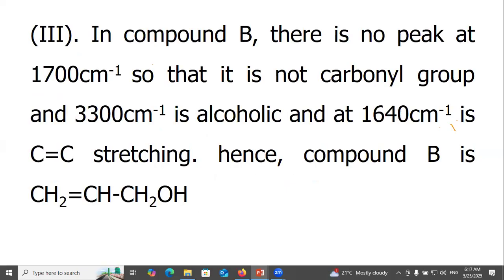For compound B, there is no peak at 1700 per cm, so it is not a carbonyl group, and 3300 per cm is the alcoholic band, and 1640 per cm is carbon-carbon double bond stretching. Hence, compound B is